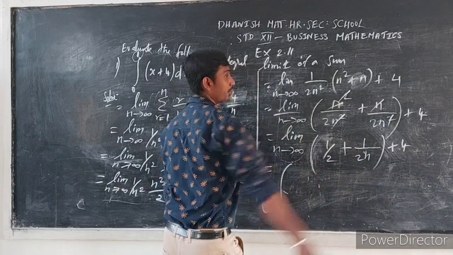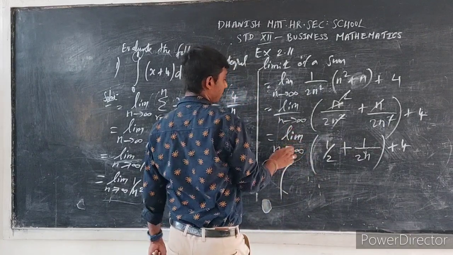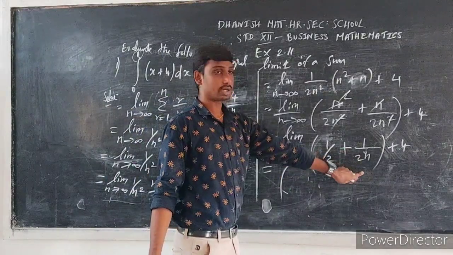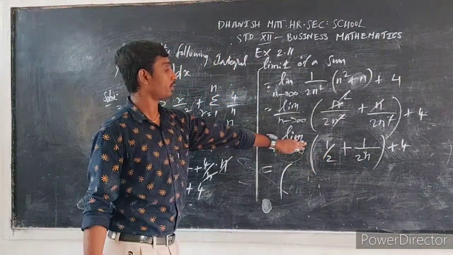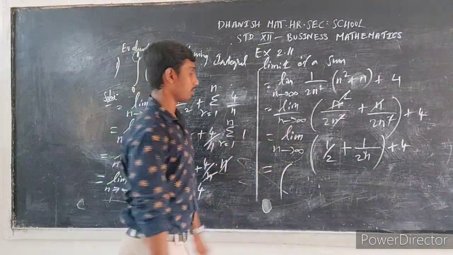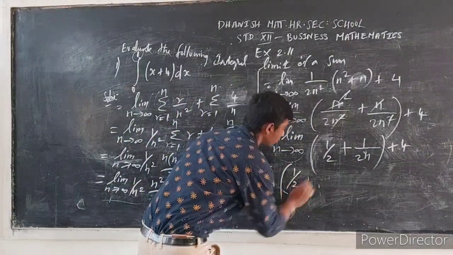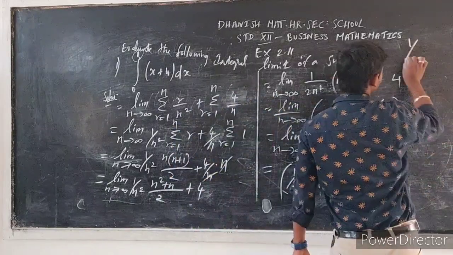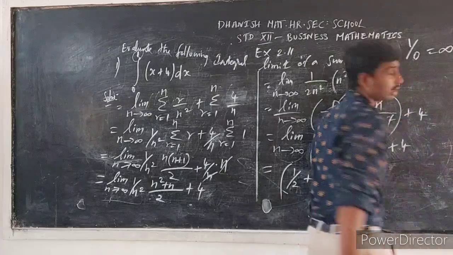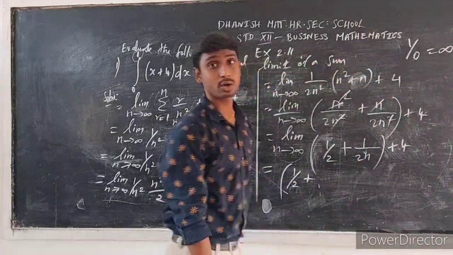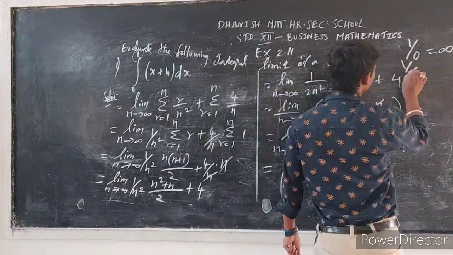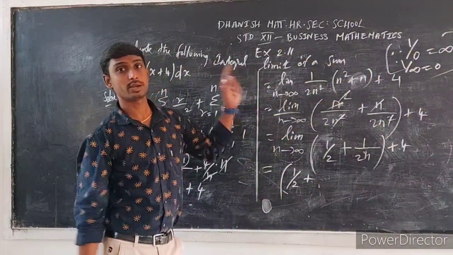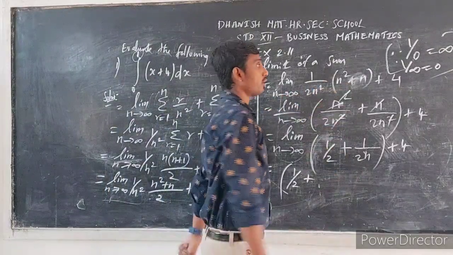In the next step, if you are applying this limit value, this n value, into the term, you need not write this limit into the sum. So let's write the limit 1 by 2 plus what is the substitution value? Here one concept: 1 by 0 will be infinity. What is the constant value here? 1 by 0 equal to infinity means 1 by infinity equal to 0. So what is the value here? 1 by 0 equal to infinity, 1 by infinity equal to 0.